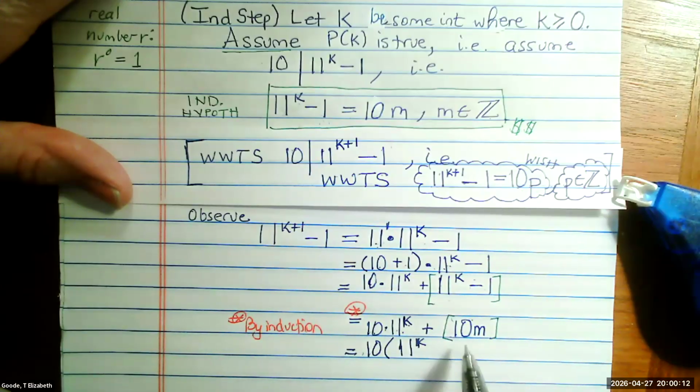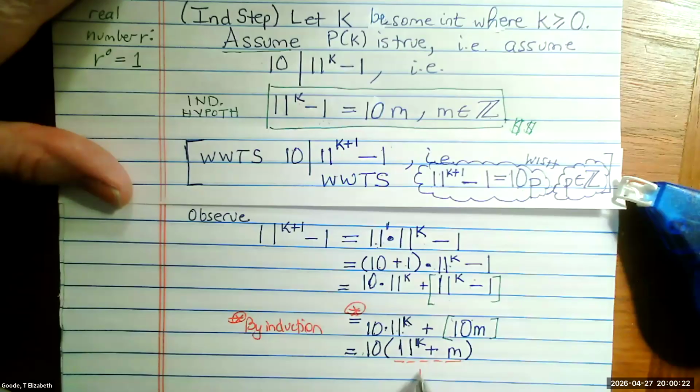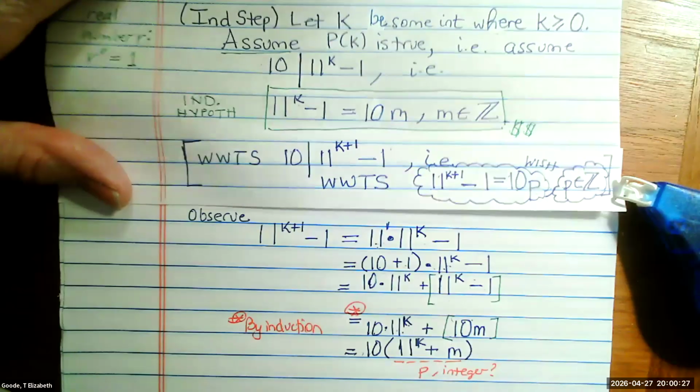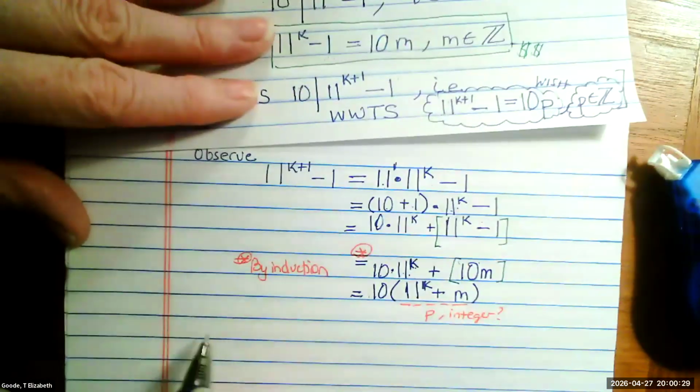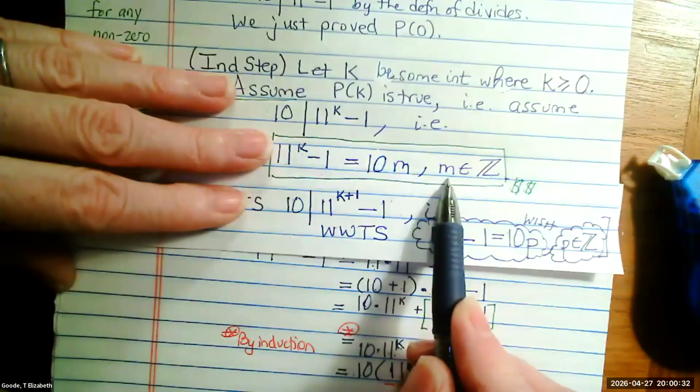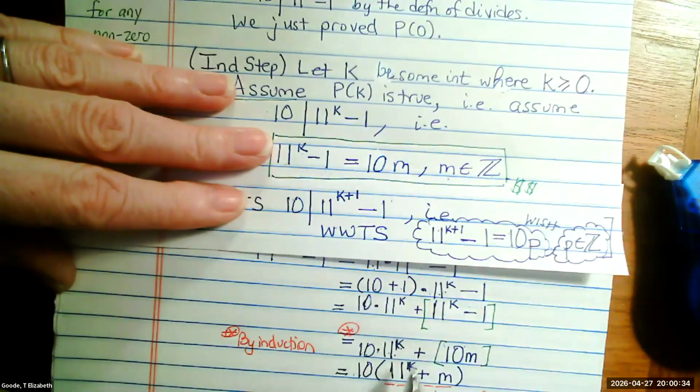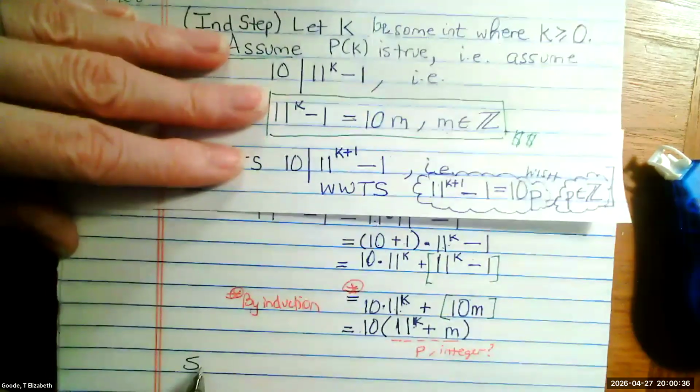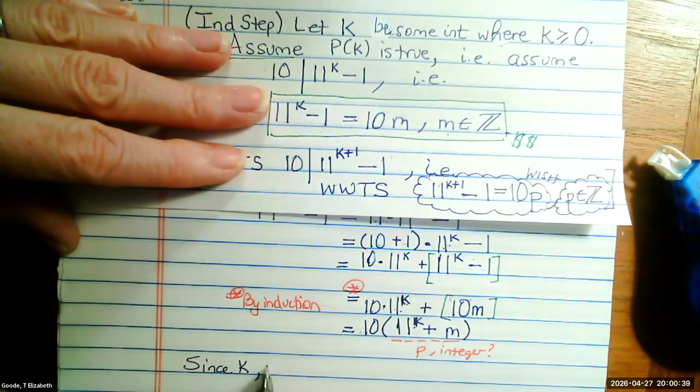Now, what about this factor? When we factor out the 10, what's left behind? So then plus m and then close parentheses. Great. And this is going to turn into our p, which is going to have to be an integer, right? We have to verify that. We use the fact that m was an integer, and we know k is an integer. So we say, since k and m are integers, p equals 11 to the k plus m is an integer